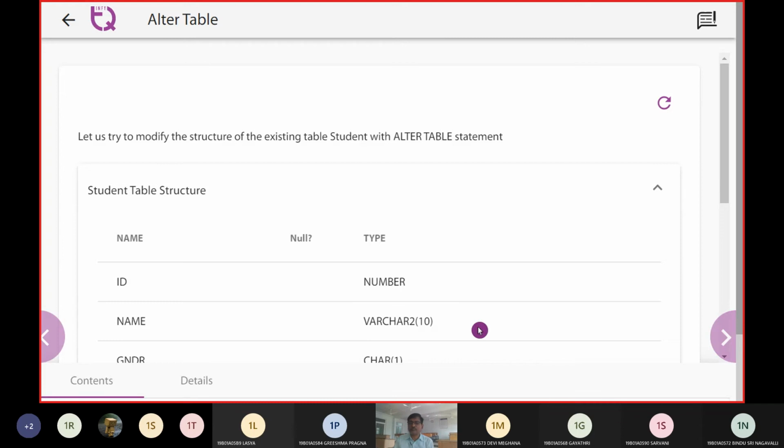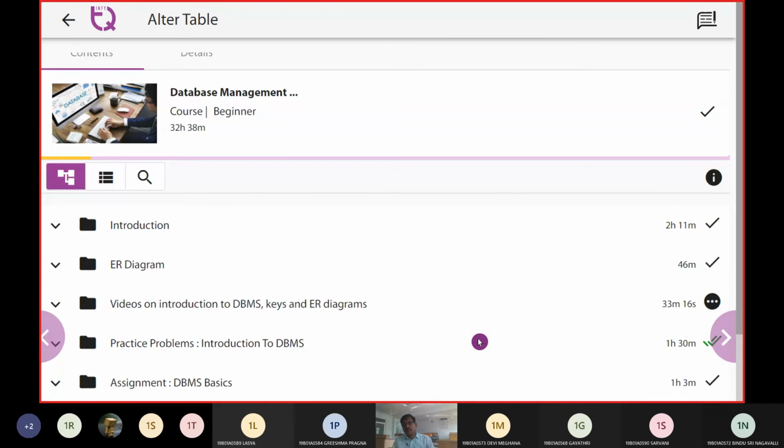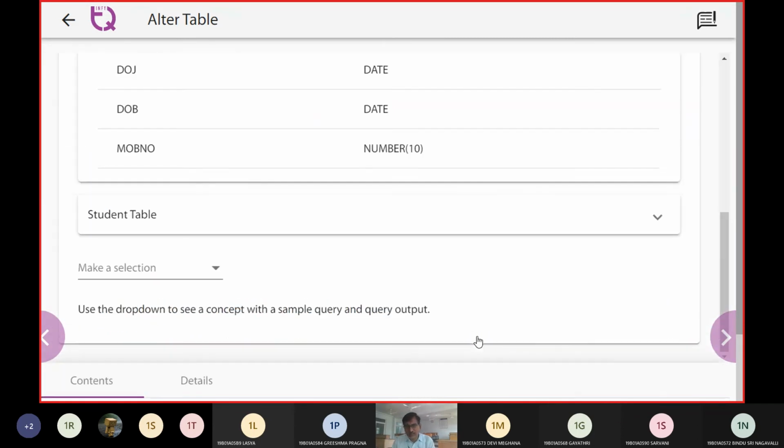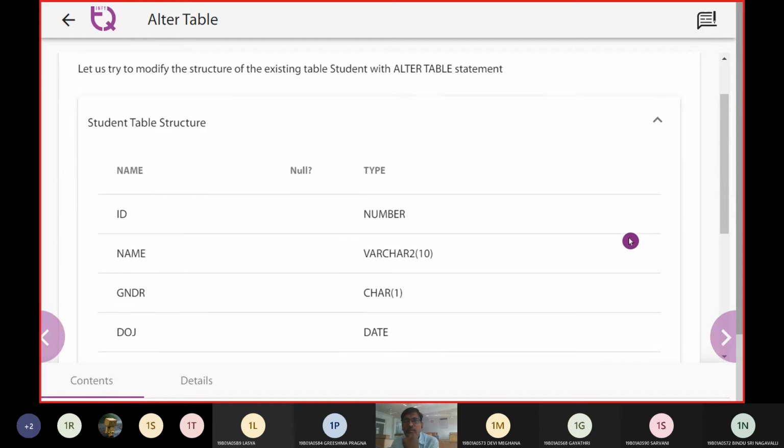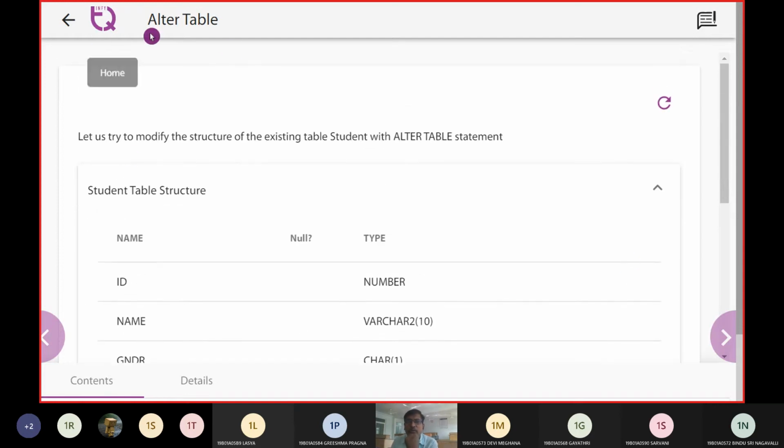Next one. Let us see how the alter commands, etc., are going to be taken up. Why are we going to use an alter table? Because assume we have a schema, and that schema is going to have 4 attributes. Now all of a sudden you want to add one more attribute. It would be very difficult for the DBMS to handle that directly.